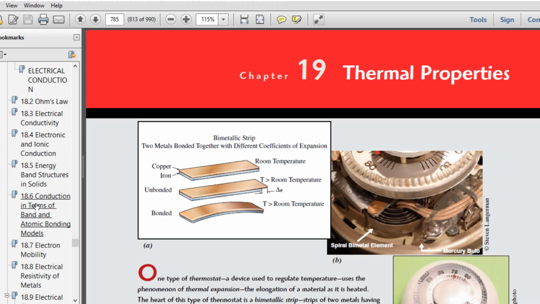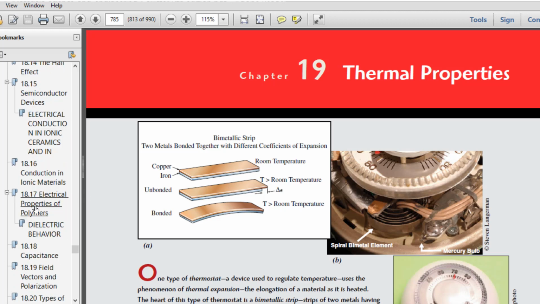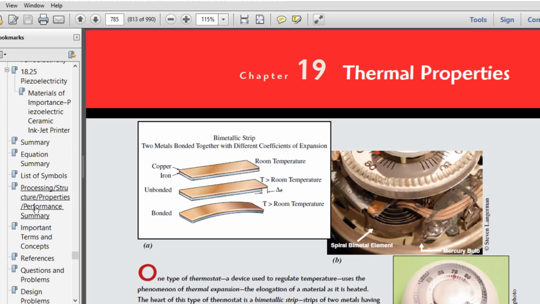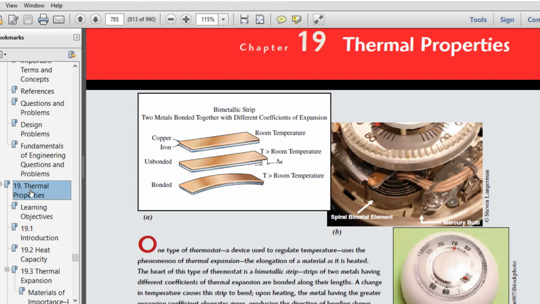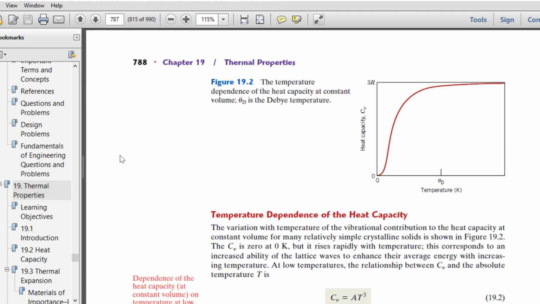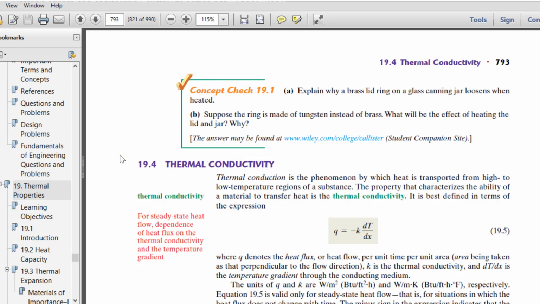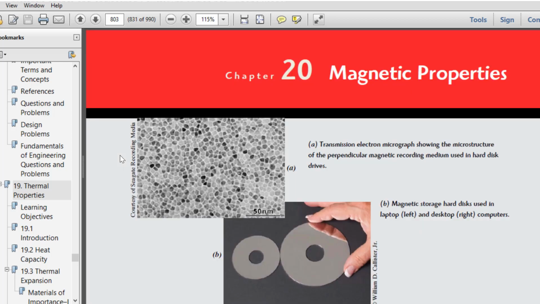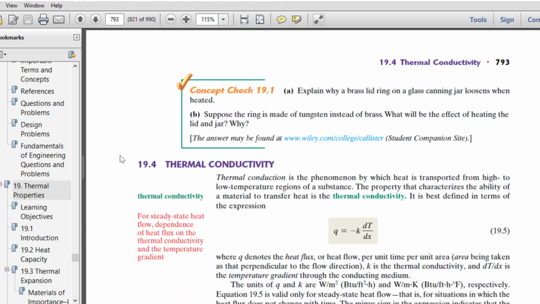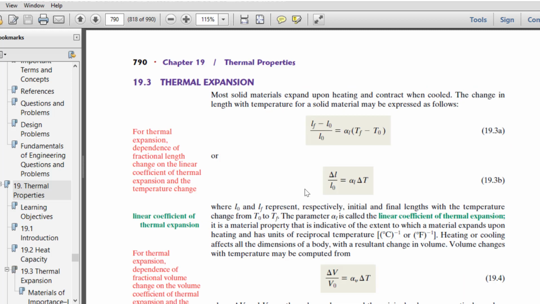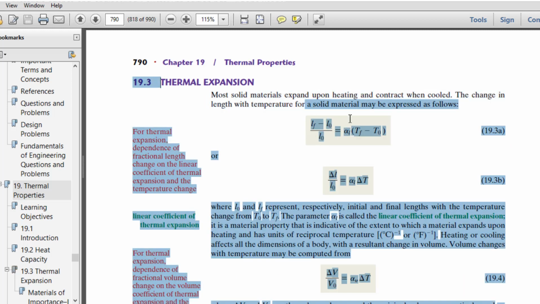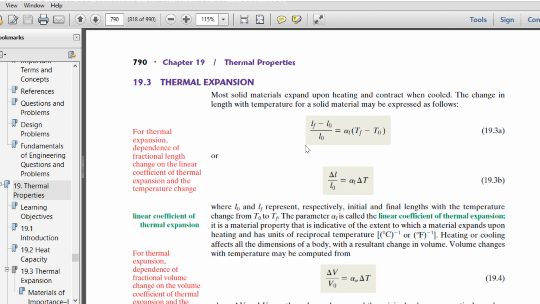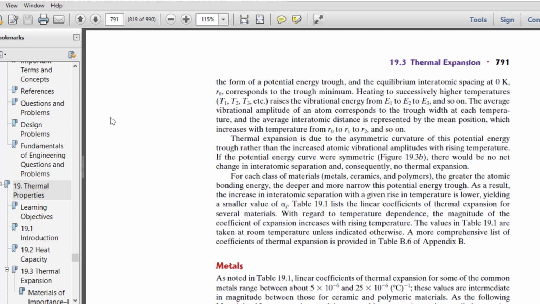Next is your thermal properties. So see, in chapter number 19, that is your thermal property. Yeah, this thermal property, you can skip this thermal property, it is not so important. Okay, you can skip. Just you learn this formula, okay, regarding this thermal expansion concept, and I think this is a normal concept you must be knowing in your class 12 also. You just know this thermal expansion concept.